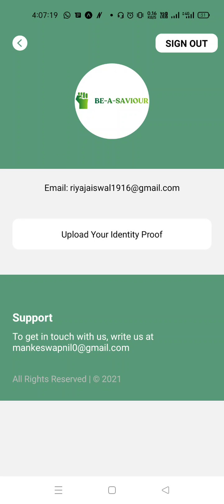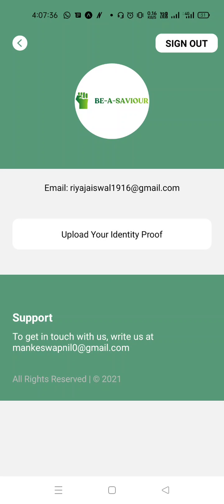And here you can see a button to upload your identity proof. Basically this is for verification of our volunteers, to check whether they are safe for serving people out there or not.